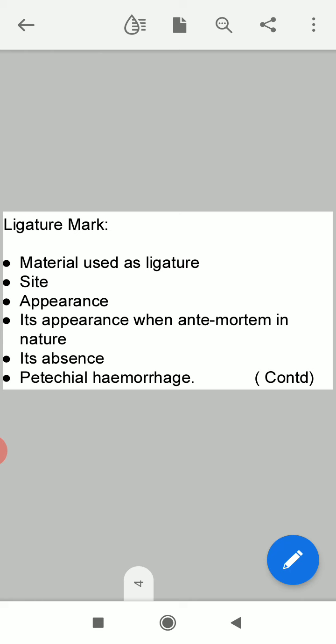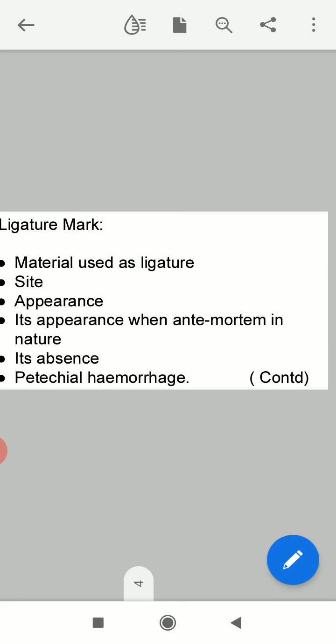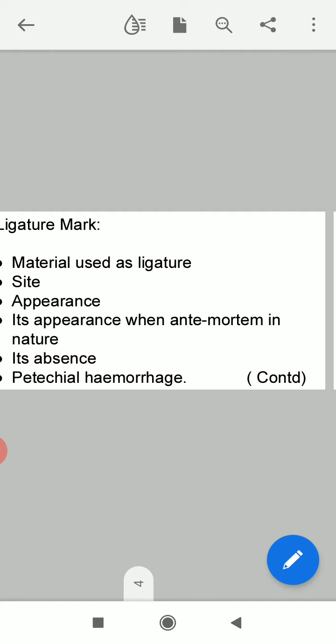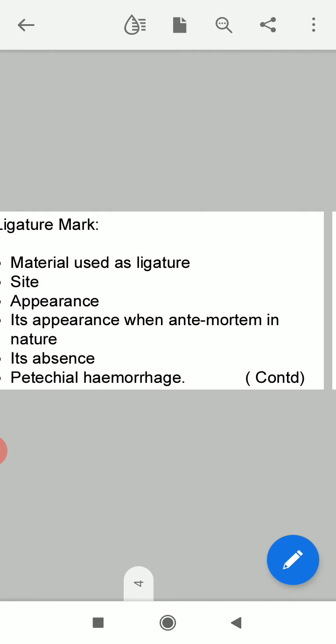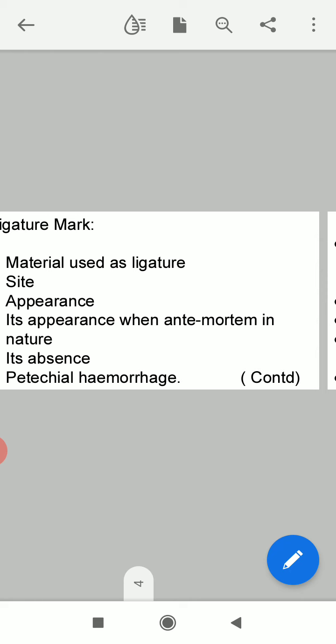Now sometimes strangulation is antemortem or postmortem. Antemortem means strangling is done on a living person. Postmortem means strangulation is done on the dead body. This also happens nowadays. Sometimes the person is killed in some other way, say by giving poison. Then to misguide the police or the doctor, the neck of the dead body is strangled.